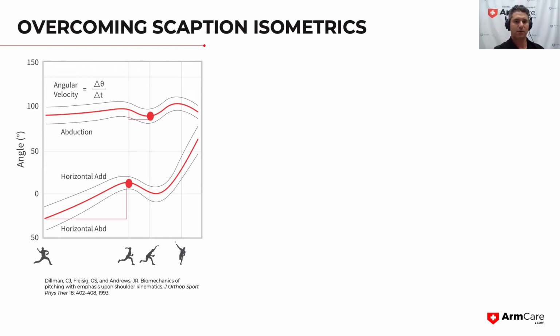Behind 0 obviously is where it's hyperangulated behind me, and you can see that into horizontal abduction at the beginning slope of that particular graph. So those are some important points that we're looking at with different changes in position. So, looking at SCAPTION, we are gaining strength in that isometric capacity for our arm abduction, but we're also, in terms of the motion that is front and back of the arm, you can see in the